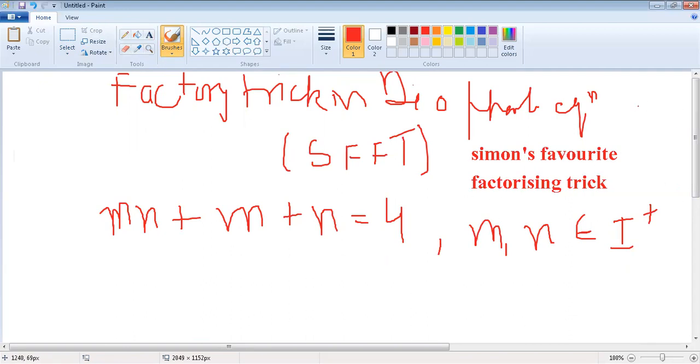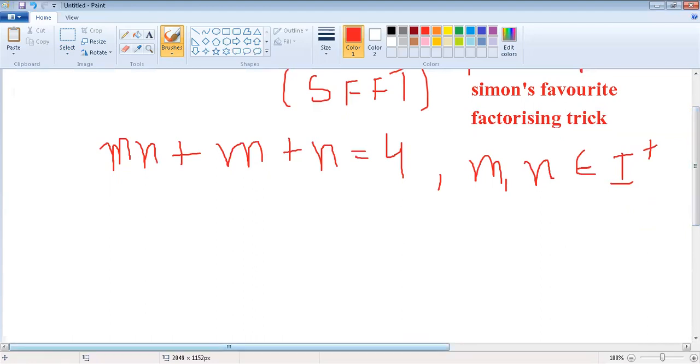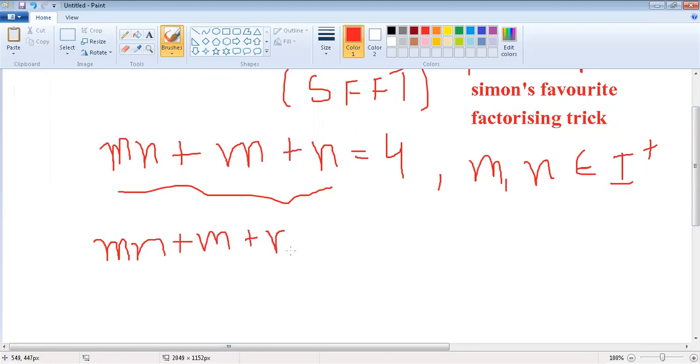So how do we go about it? The trick is to factorize this expression, because we can't always put in values and check. So the trick was to add 1 to both sides. So what happens when we add 1 to both sides is this becomes 5, and we can